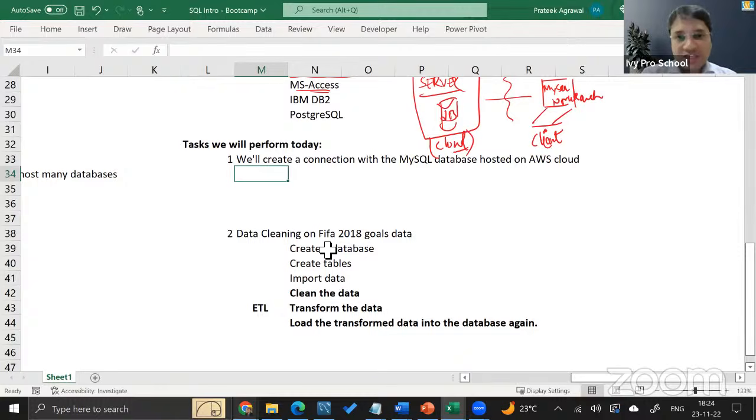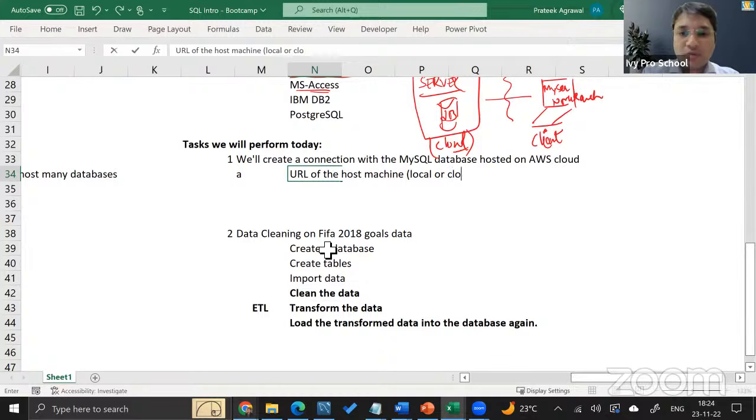To create any connection with any database hosted, whether locally on your desktop or laptop or on a cloud, the process remains the same. You need the URL of the host machine, either local machine or cloud machine, that means the link, and the login credentials, that means the login and the password.